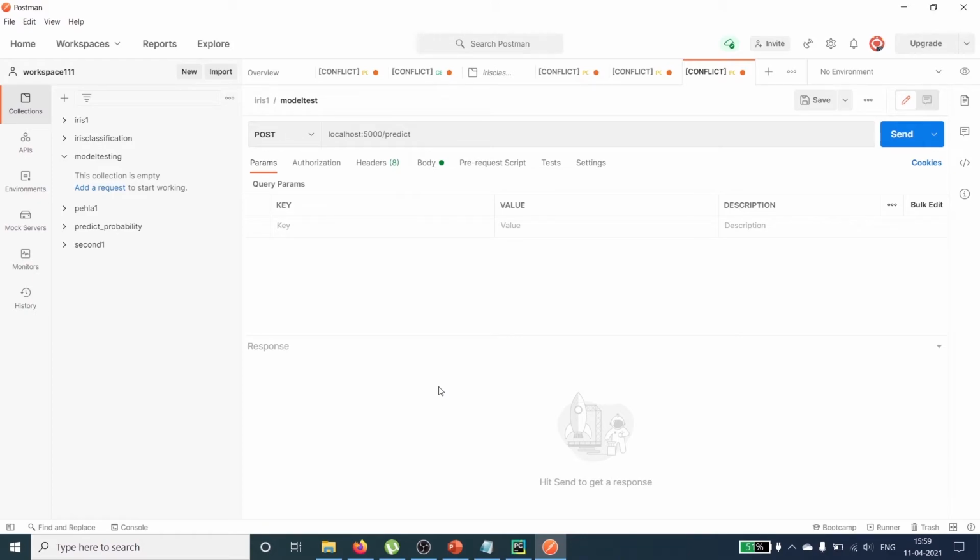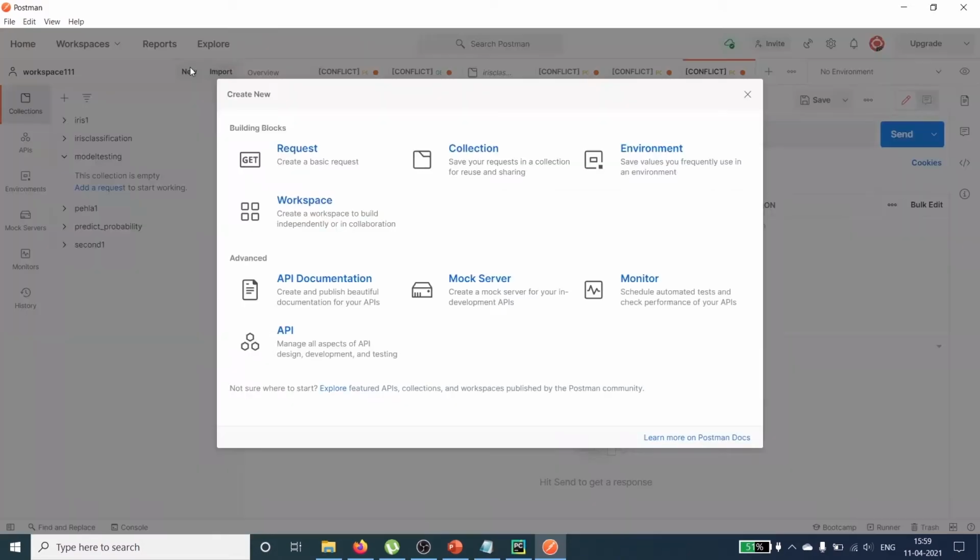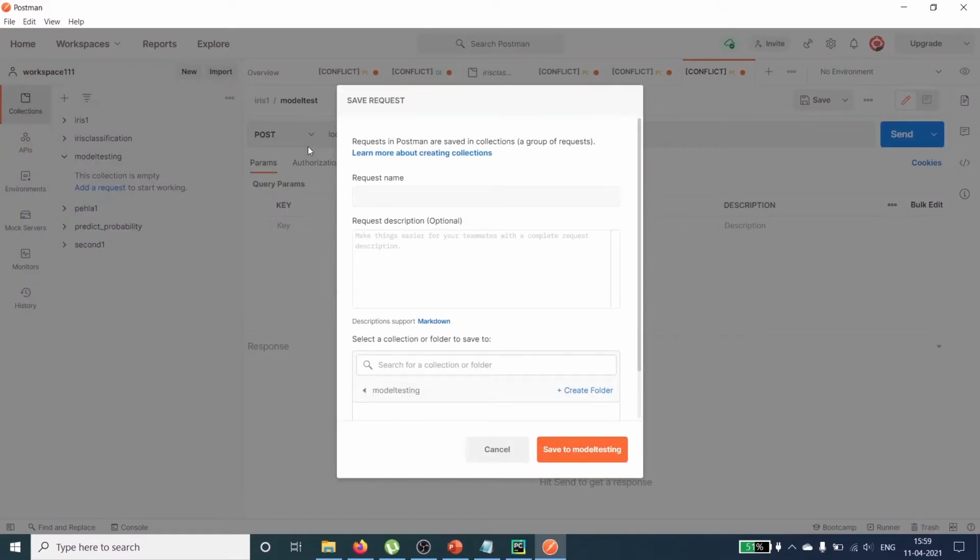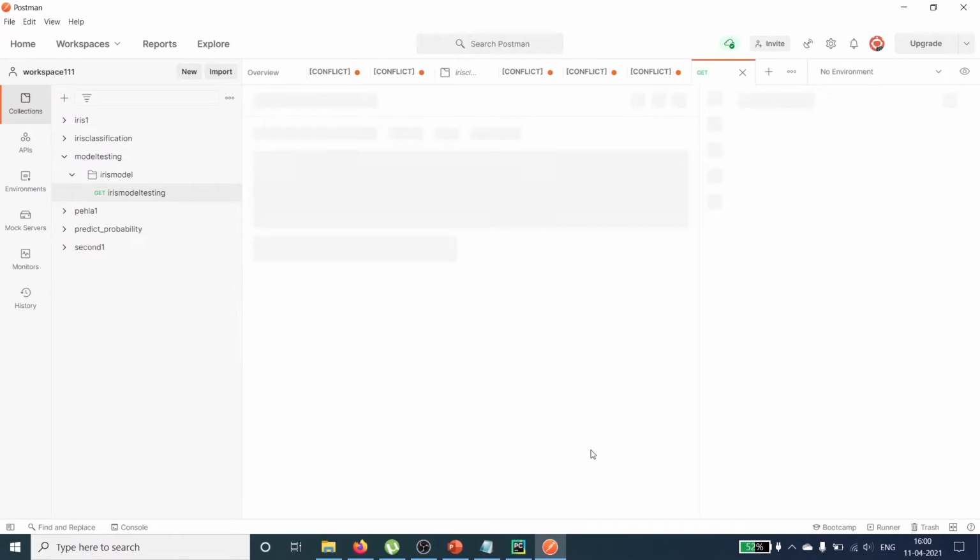Once you see the UI of Postman, click on New, click on Request. Here I will type Iris Model Testing. Then you have to click on Create Folder and type any name here, Iris Model, and click on save to Iris Model.